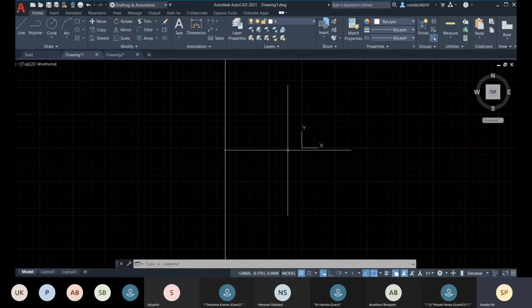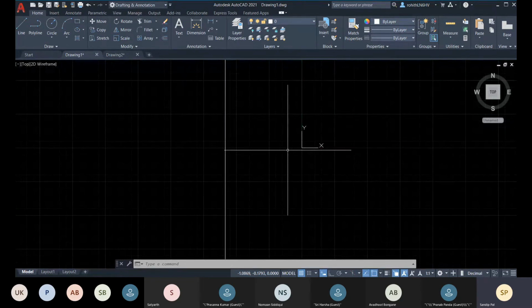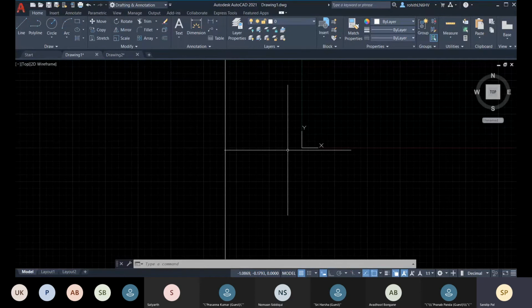The direction of east, the direction of north, the direction of west, the direction of south, and the initial angle, like the sun rises from the east, so that is the initial angle, which counts as 0 degree. So all these things are set, you cannot change it, you cannot redefine it. So that is your world coordinate system.